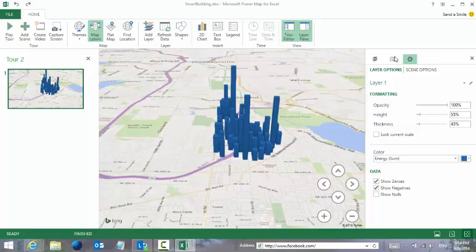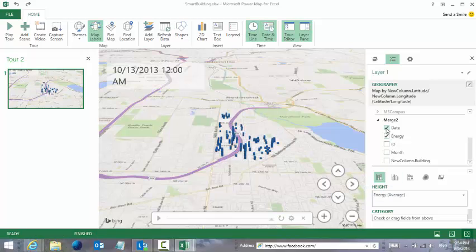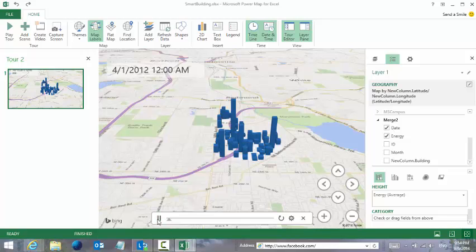And certainly, I can see here this energy consumption, but it's not very friendly to the human eye. The first thing is, what is this exactly? I want to take a look at the average temperature. I'm going to add the date. When I add the date, note there's a slider. And if I click on the slider, I can see already an animation over the periods of time and the